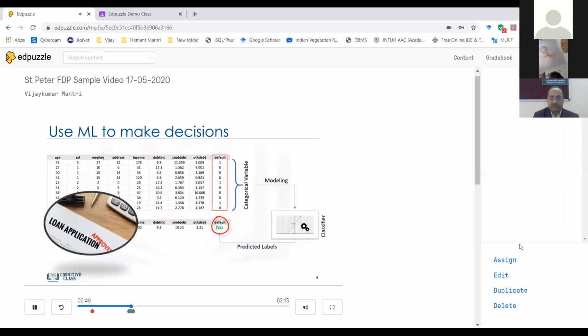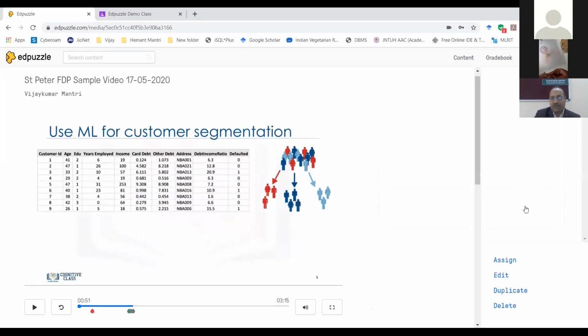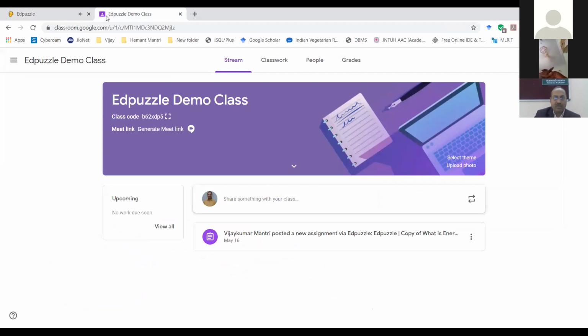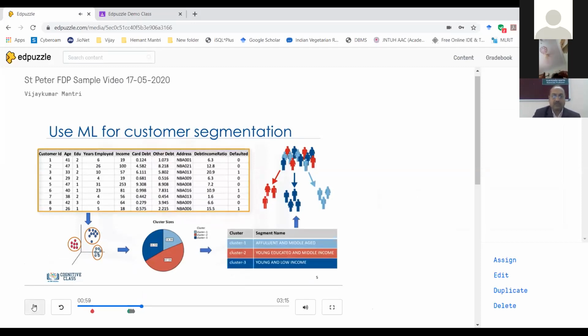Continue. Applications. And you see here, these are the things we can keep in the video. The video is going to pause there automatically, and once I continue, then it's going to continue. And you will learn how to use machine learning. Now, if you see one more thing here, to do bank customer segmentation, where it is not usually easy to run for huge volumes.